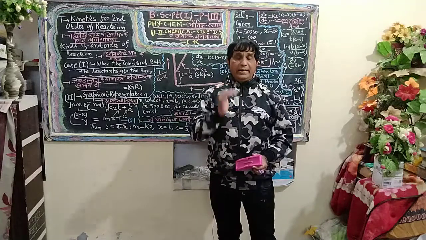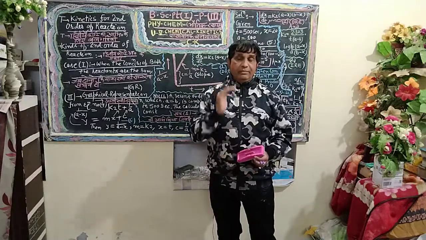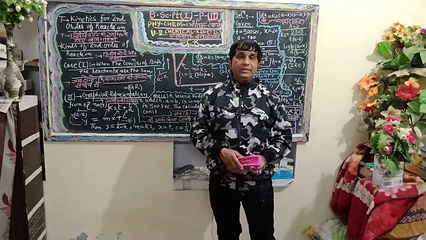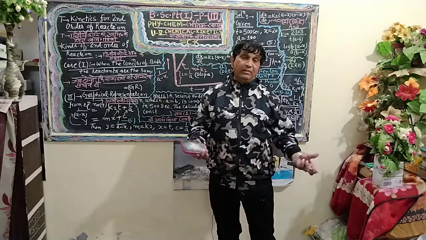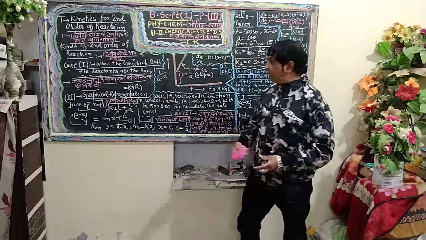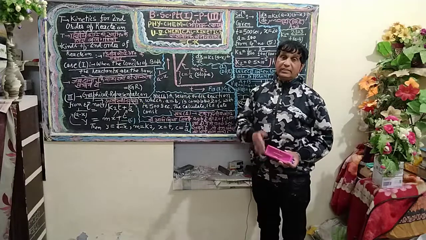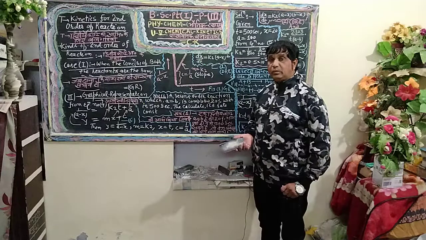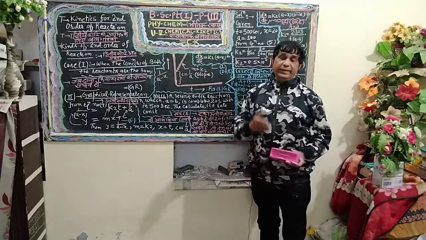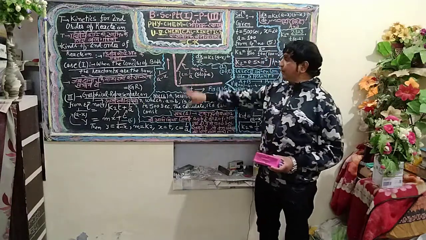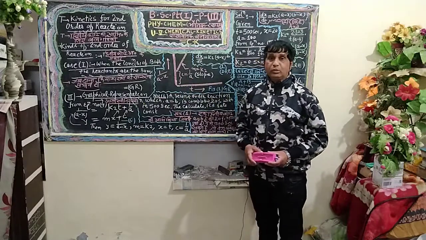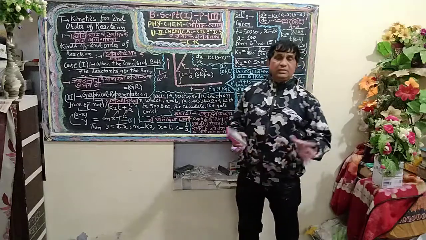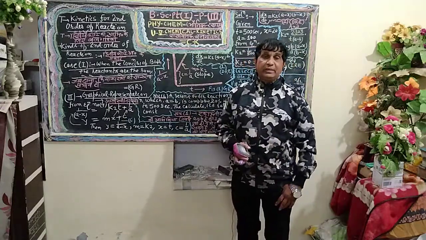Once again, I repeat, in which quantity will the graphical representation be taken into account? The graph will be plotted between y is equal to 1 upon a minus x as the ordinate, and x is equal to t as the abscissa. In such a position, a tangent is obtained here, having the intercept c is equal to 1 upon a.